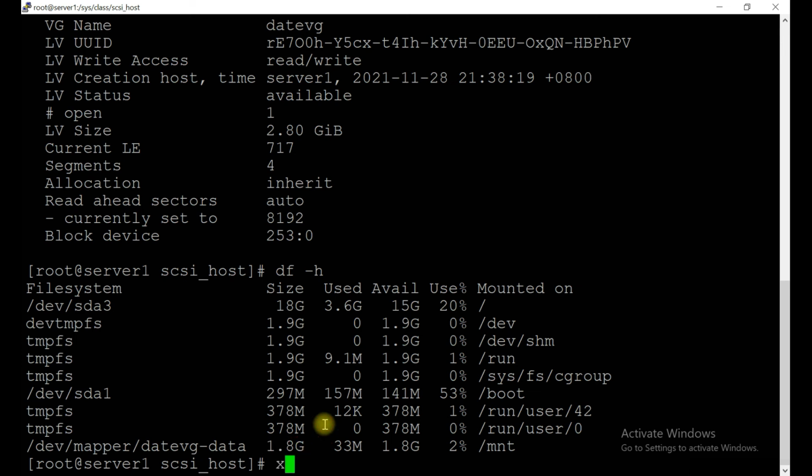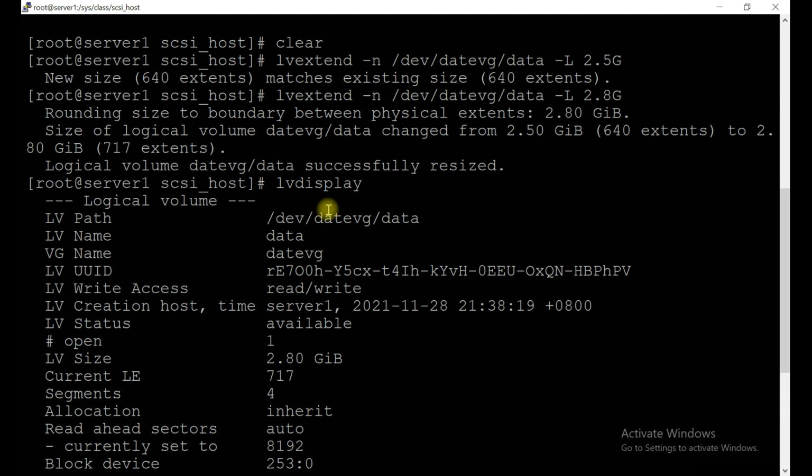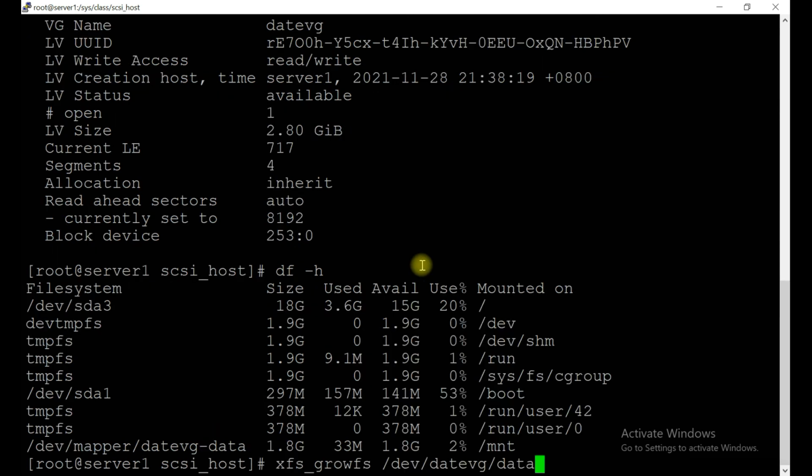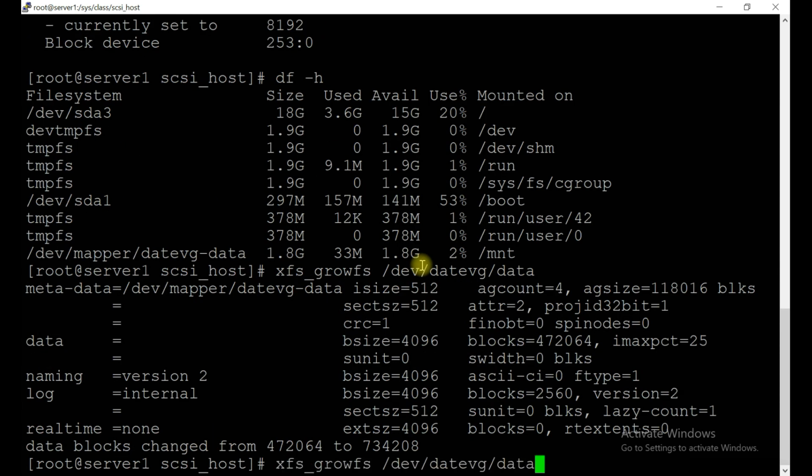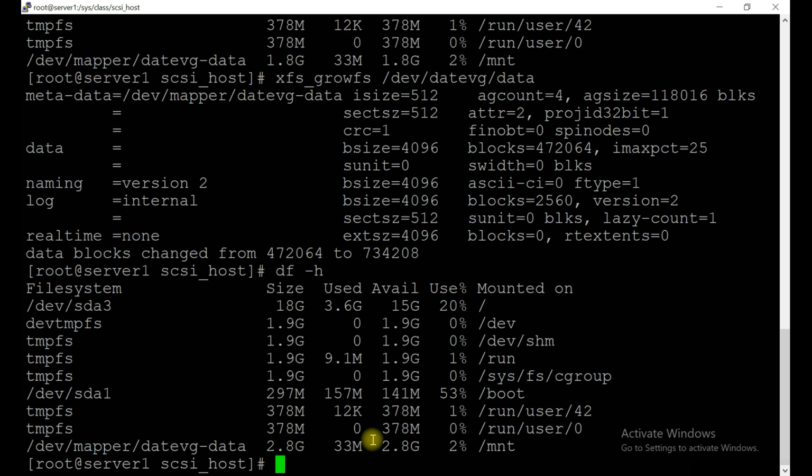So what you need to do is run this command xfs_growfs with the logical volume name. You can see here the data blocks changed from this to this, so hopefully the size should have changed. Now you can see 2.8 GB total allocated. So now the size of the logical volume has increased.